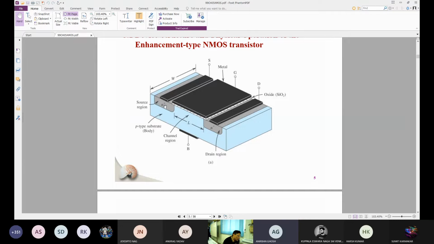This is the body, we call it body or substrate. We will be using the term substrate for integrated circuits. Body and substrate are used interchangeably. So the source body and the drain body PN junctions have to be kept under reverse bias